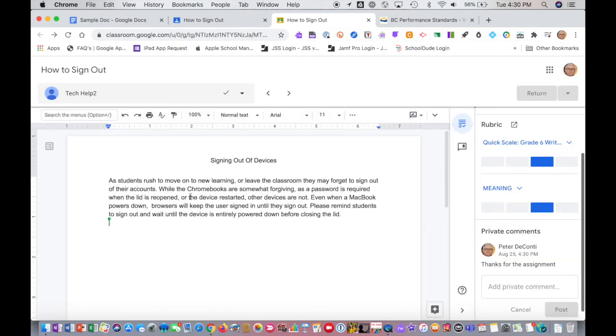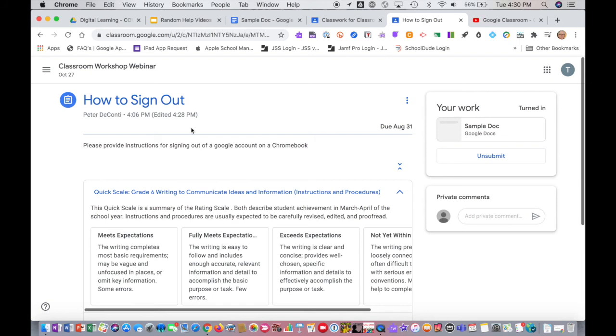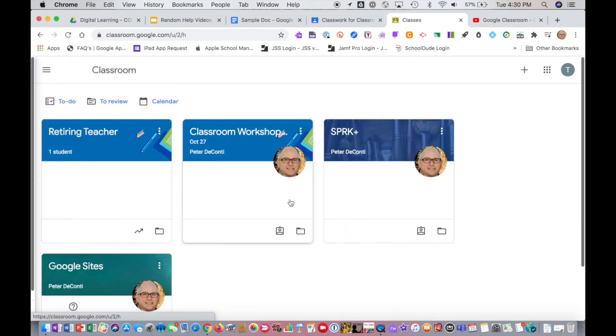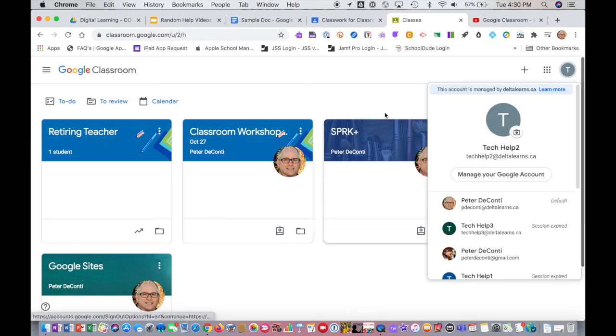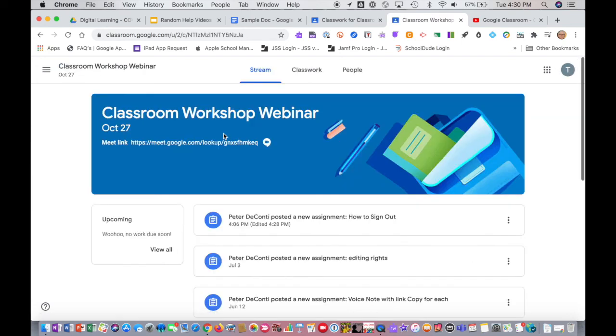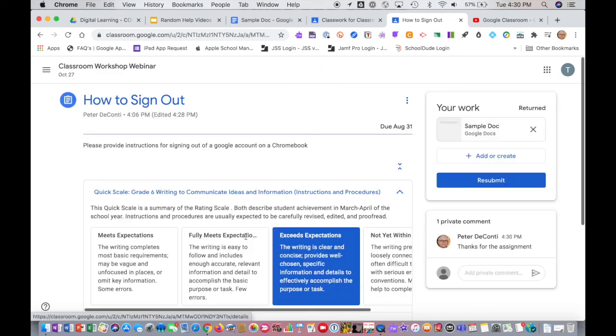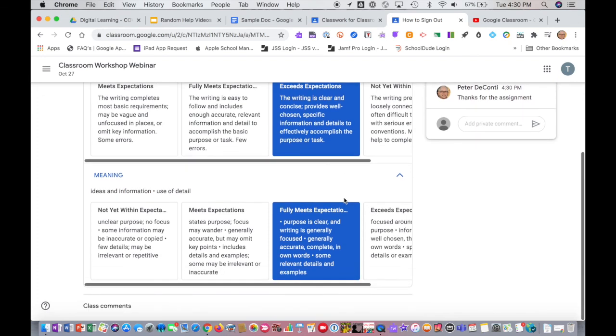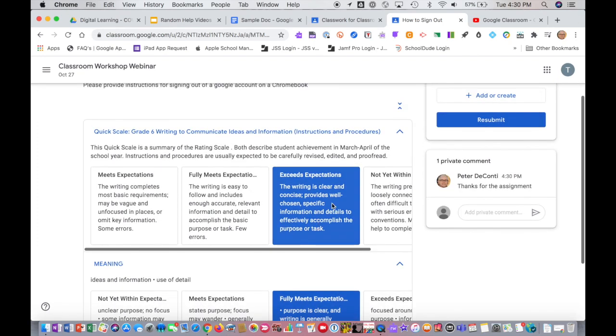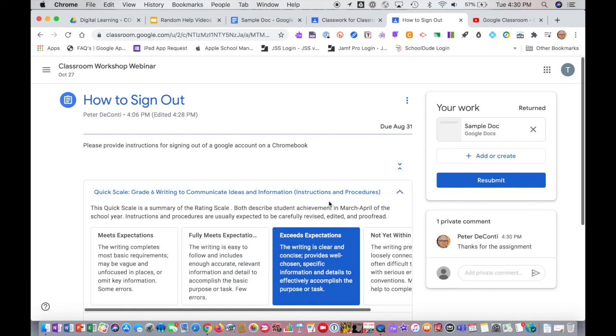All right, now let's go back on the student side. And here we are. We're going to go back into the students' classes. All right, we can see we're on a student's side, Tech Help 2. He's going to go to his classroom workshop. And he's going to go to his classwork, and he can now view the assignment. All right, and so now when the student looks at the assignment, they can see right here, here's the rubric and which indicators the teacher has selected. There might be some comments here. We can add comments in other ways, which we'll look at later. But that's basically